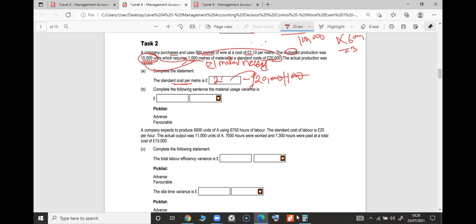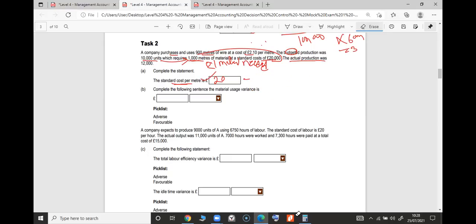Yeah, I'm taking this answer. And if it is a cost per unit, how much is the cost per unit? 20,000 divided by 10,000, right? It would have been 2. I don't know whether it's needed or not. I'm just doing it in advance. But the actual production was 12,000 units. Now you can play around. Actual production is 12,000 units.